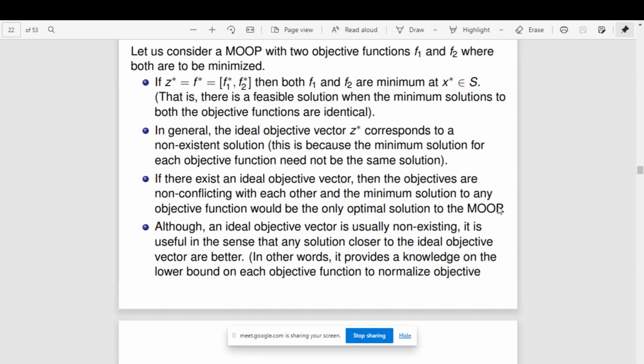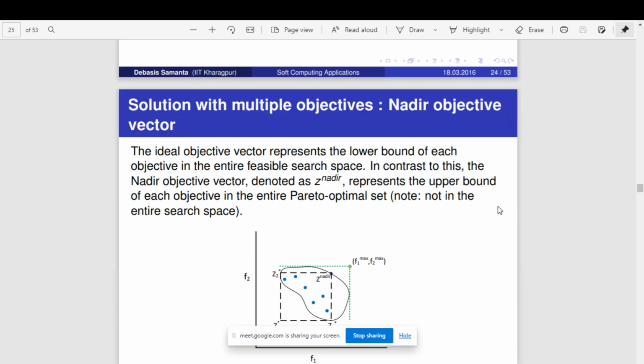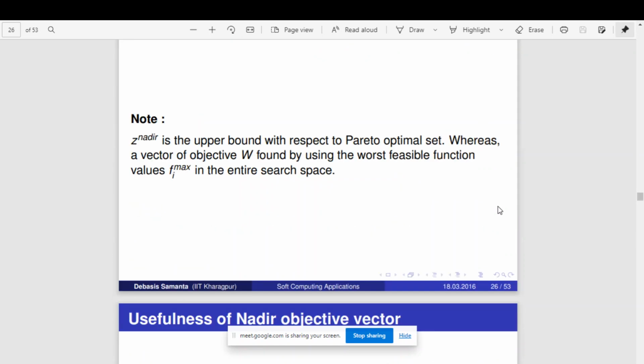We also discussed the non-linear objective vector, right? Okay. We also discussed the concept of Pareto optimal solution, and what is meant by Pareto optimal front. So the set of all possible Pareto optimal solutions, that line, will be called the Pareto optimal front. So let us continue.